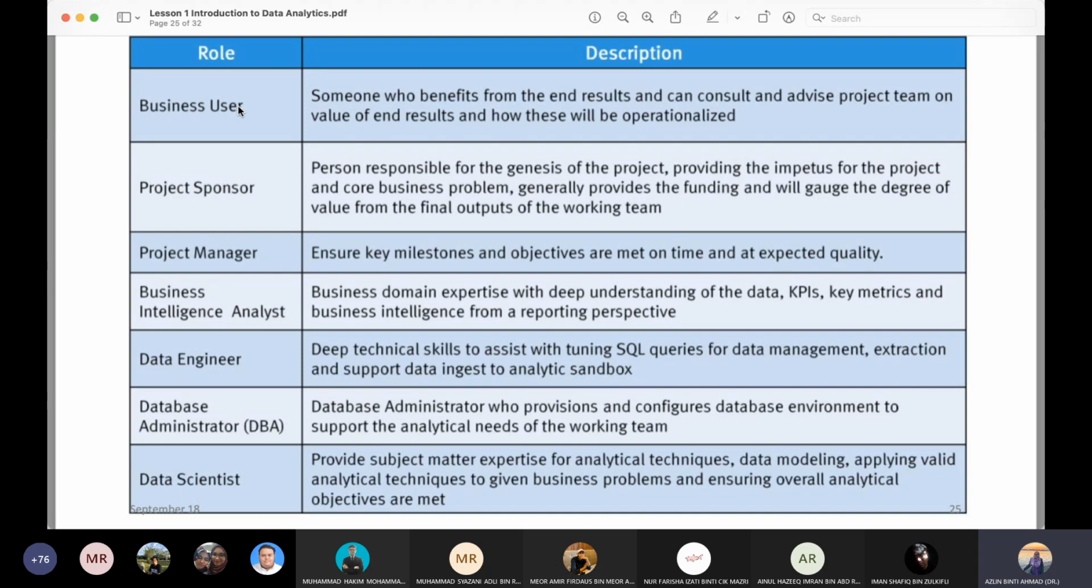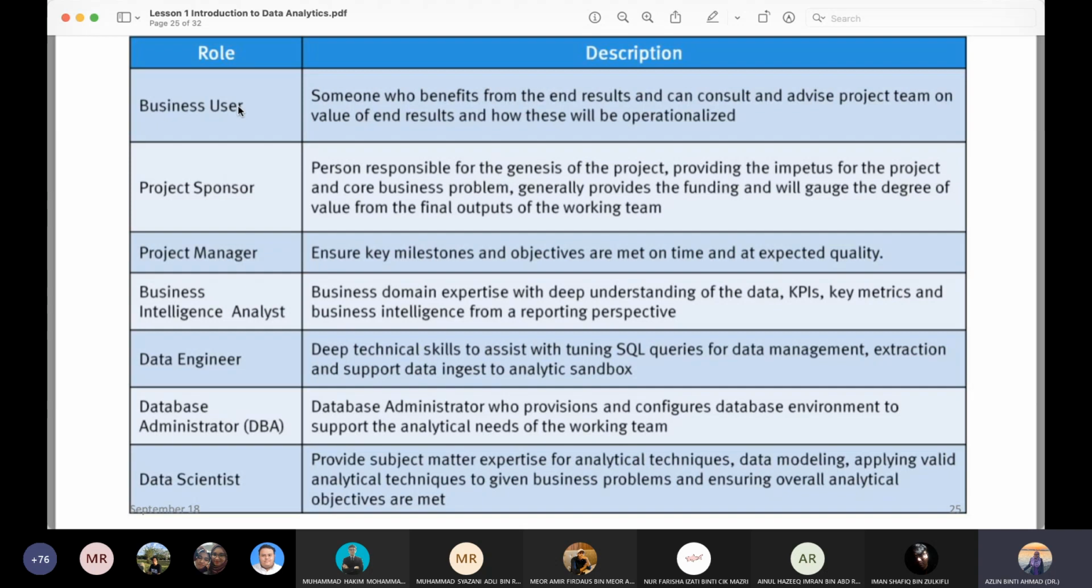Kalau tidak nanti you buat something yang solution yang you boleh provide, yang you provide tu tak boleh nak solve their problem. So you need to get full requirements from the business user. And then we also have project sponsor, okay, where this project sponsor was responsible for the genesis of the project,